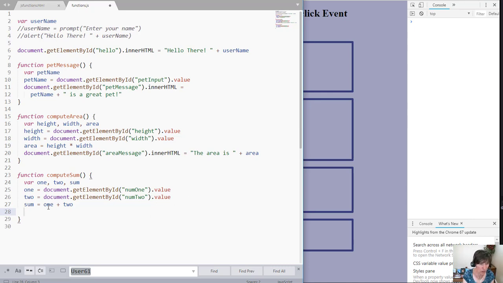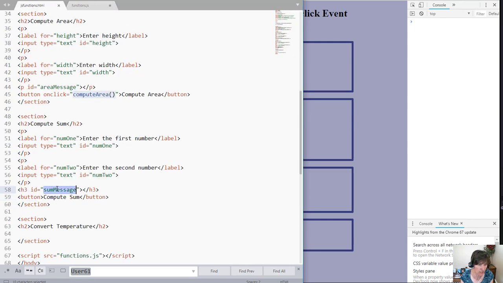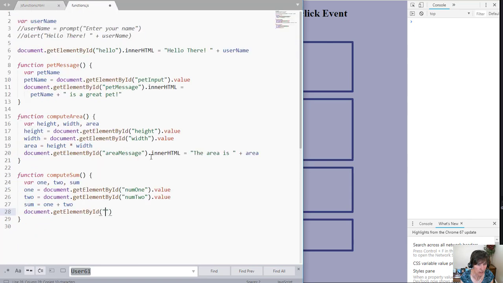And then we want to write .getElementById, and to write, well, we have to figure out which one we're going to get. So let's go see what this is. This is the sum message. So we're going to get the sum message, and to write to it we use innerHTML equals, and now let's make this longer. Let's say, notice how we can do, right? So far we've only done one variable, but we can actually do lots of variables in a single write statement. The sum